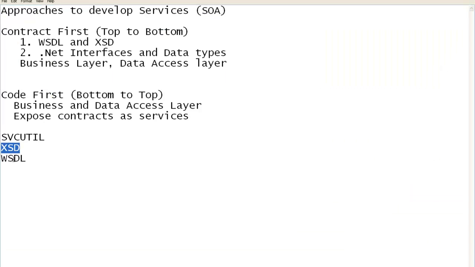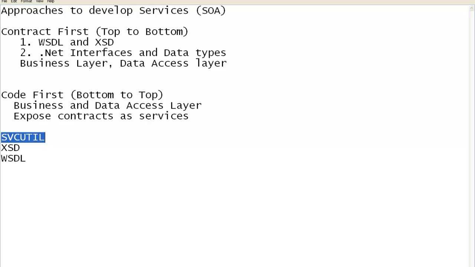So again, this option is not fully compatible, and the WSDL tool deals with WSDL, ASMX or basic HTTP web services, not the other bindings. And svcutil also has its limitations. I did not find an option from these tools where I can work fully with all the best options for this contract-first approach, where I develop my WSDL and XSD, and then based on these I develop .NET interfaces and